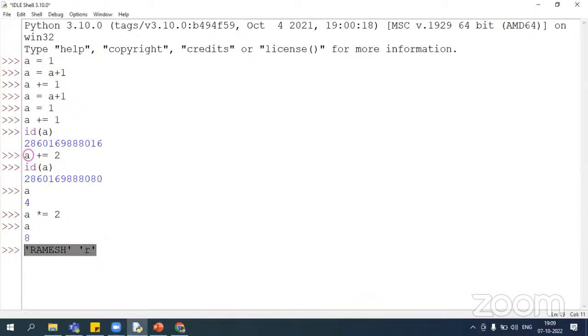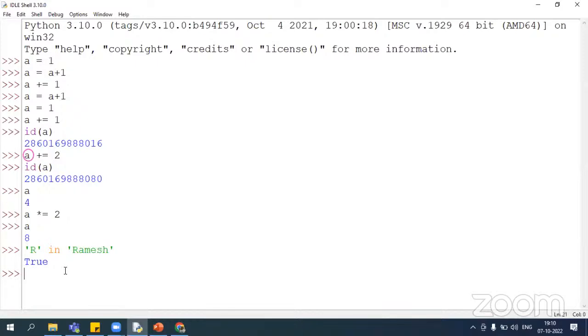See, Python is actually an expressive language, which means you can talk to Python in the way you would talk normal English to a friend. Just as I asked, is R present in Ramesh, similarly we can ask like this: R in Ramesh. It will return true. This in is called the membership operator,